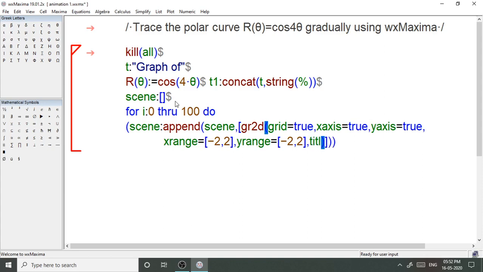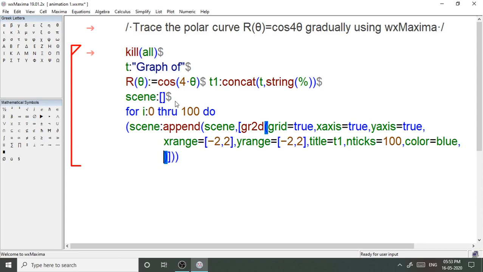So title equal to T1, comma, nticks equal to 100, comma, color of the graph is blue. You can write red, green, like that. I am giving blue here, comma, then we write